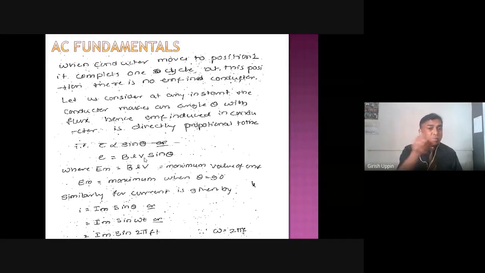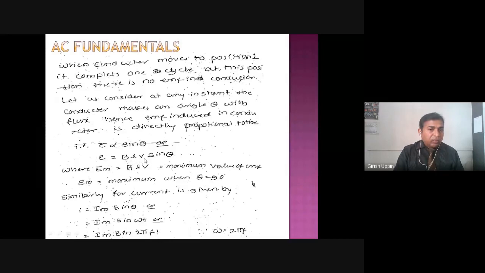If velocity is more, then the EMF induced is more. So we can say that the amount of EMF generated is dependent on the flux density. Normally, in a machine, B would be constant and L would be constant. Why is L constant? Once you have the conductor inside the machine, L is constant and B is also constant. And how will the voltage change? The voltage will depend on the speed at which you are rotating the conductors. Based on that, the amount of voltage will change.